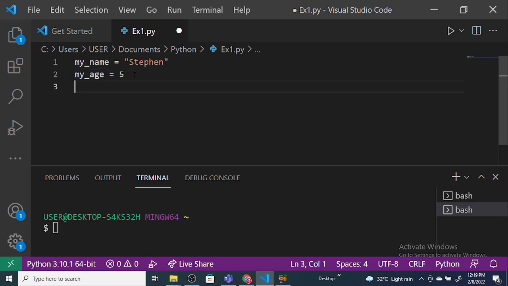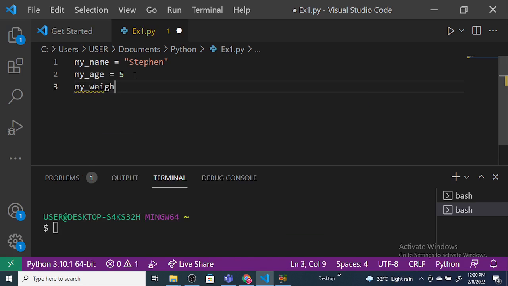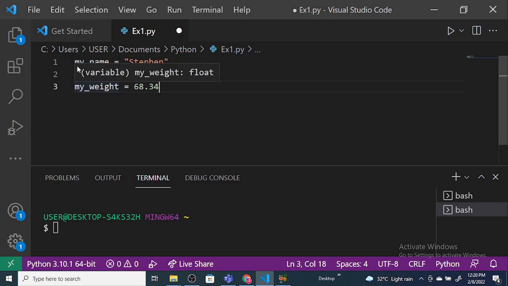And then I can also say my weight equals, let's say, 68.34, let's say kilograms. Now you realize that I have all these different variables, and I could also say